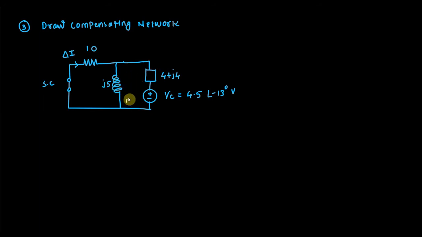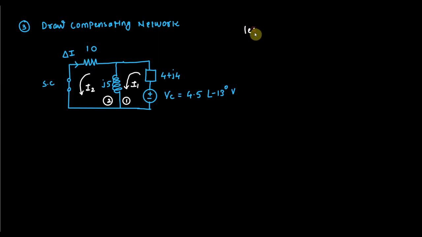As I have two loops, this is my first loop, this is the second loop. So this will be current I1 here and this will be current I2 here. From the network you can see that I2 and delta I are the same, but the sign is different, because this is flowing in clockwise direction, this is in anti-clockwise direction. So now repeat step number one, that is the simple mesh analysis, and find out the change in the current delta.